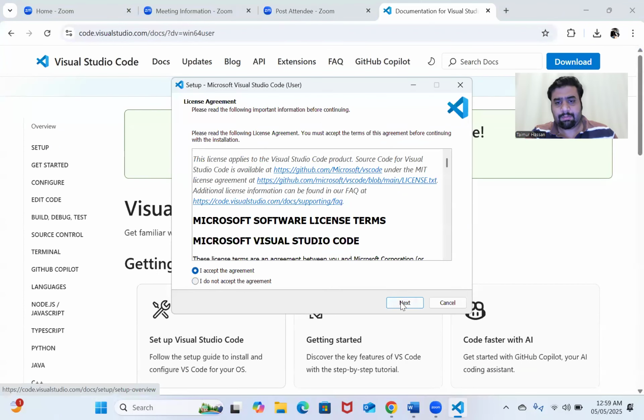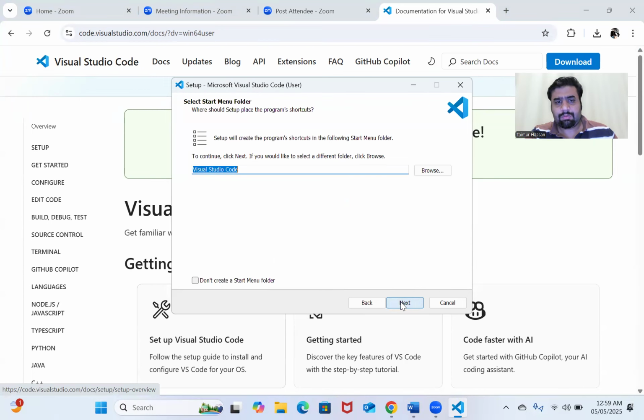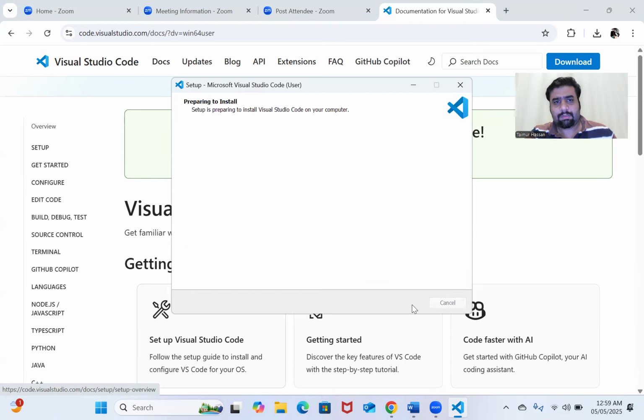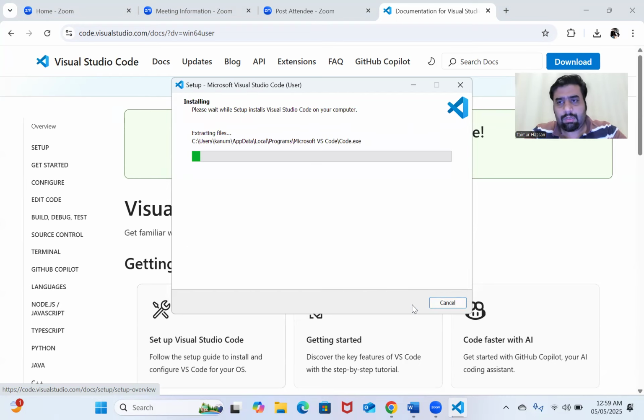Accept the agreement. Choose the location. Create the desktop icon if you want to, and just install it. Just keep the recommended settings as they are during the installation setup. Once it's installed,